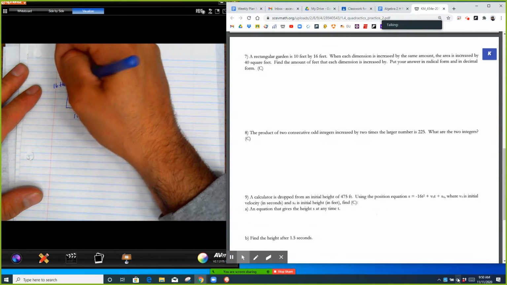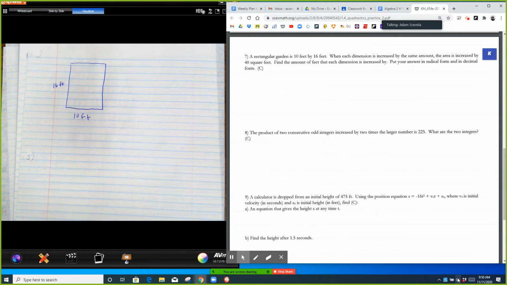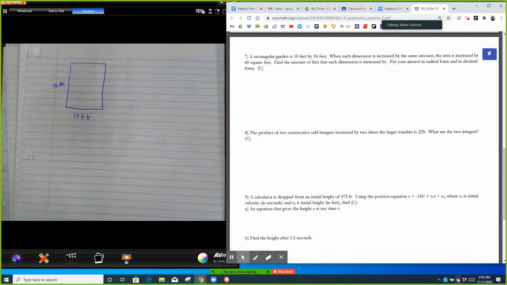And it says when each dimension is increased by the same amount, the area is increased by 40 feet. Find the amount of feet that each dimension is increased by. Put your answer in radical form and in decimal form. So the fact that they say find the amount of feet that each dimension is increased by tells us that's our variable. So graphically, I'm going to draw that by adding x to the length and adding x to